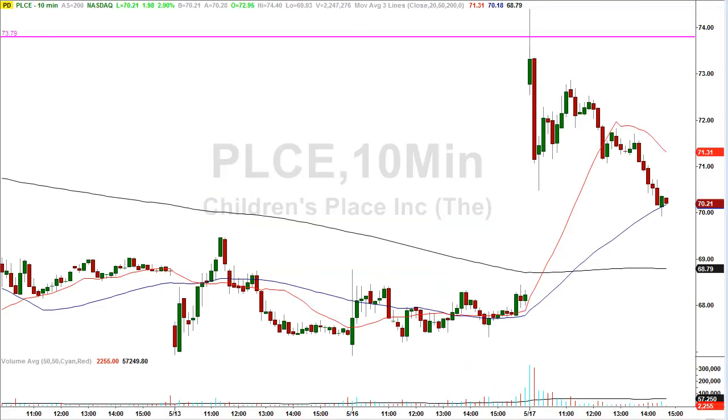Now we're looking at a simple 10-minute chart of Children's Place, and as you can see, the trend line in purple running across the top of the screen at $73.79. In the first 10-minute candle of the day, the stock came up, went past it by a little bit, but still within our stop loss limitation, and then immediately the stock reversed. And the reason I show you this is so that you can see the power of these levels and how precise they are. I teach in my course exactly how to get these resistance and support levels so that you can learn how to identify them yourself and profit on each and every morning gap trade that you can find